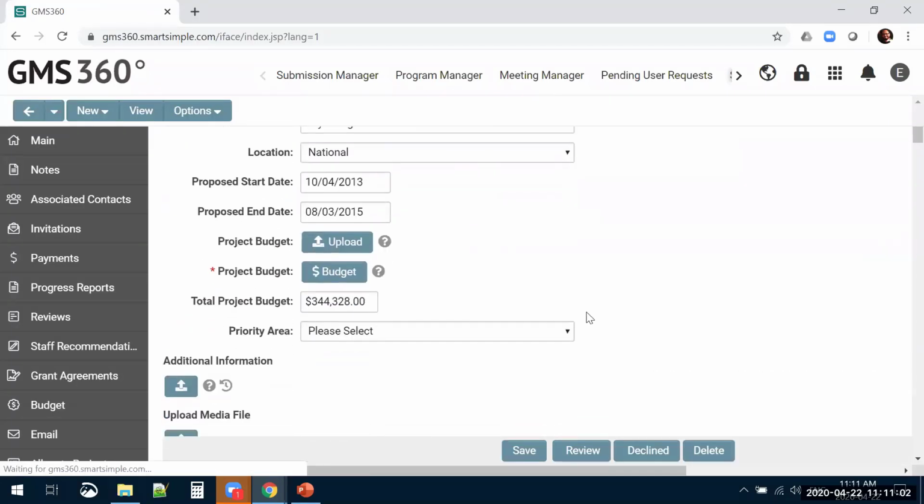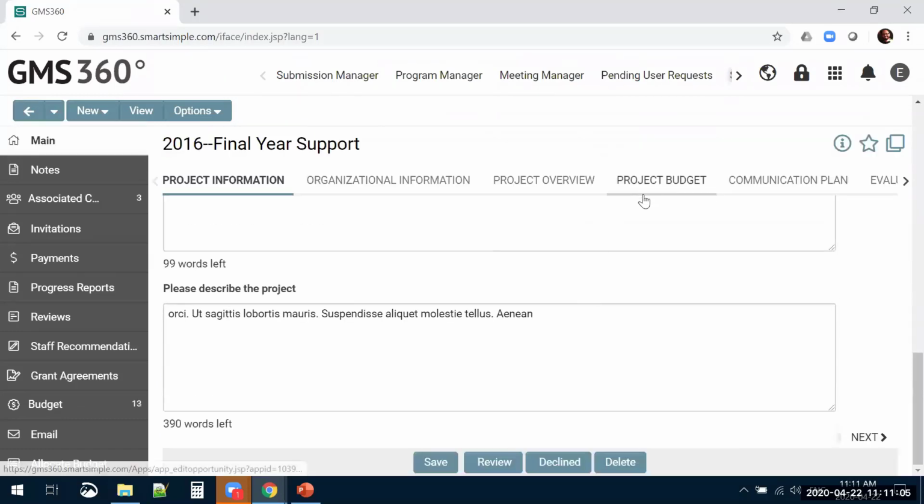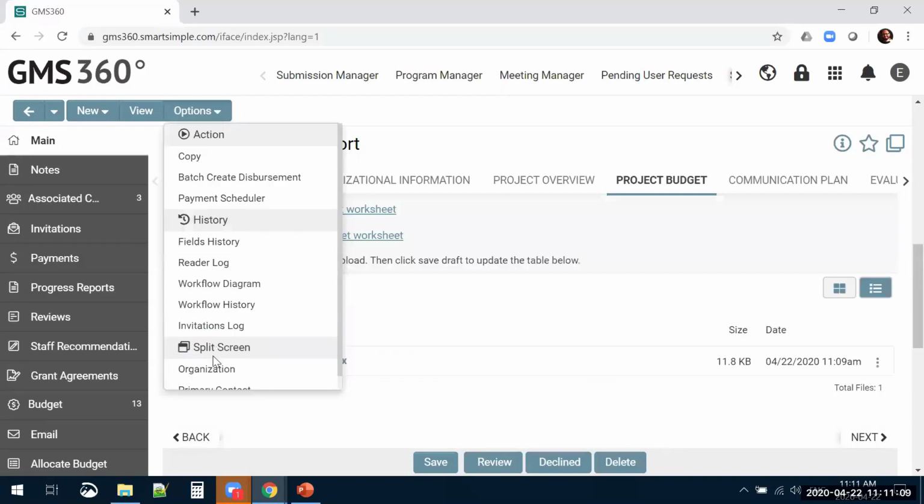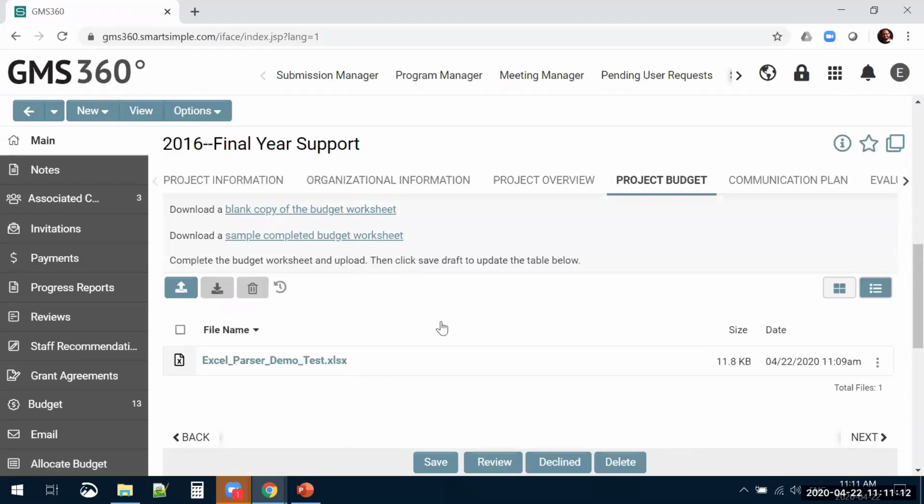So how did we make that happen? There's more going on behind the scenes here than just being able to upload the file. And again, going into the config, I don't want to turn this into a training session. But it works very similar to how our Word merges work, in that you map it field to field. So really, you're creating,